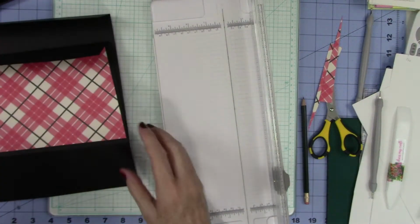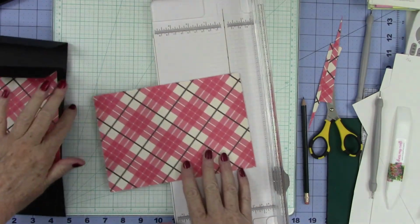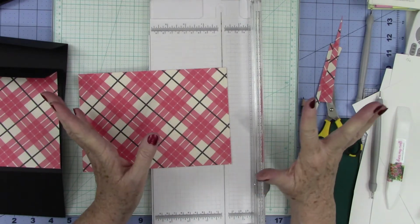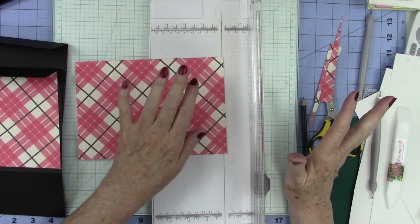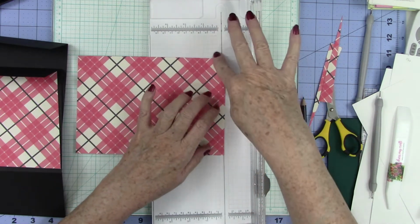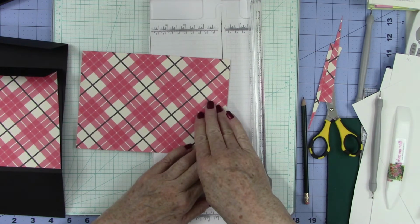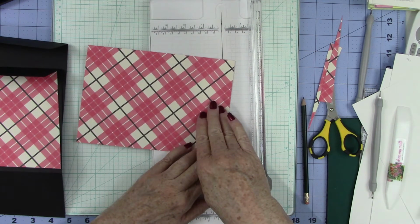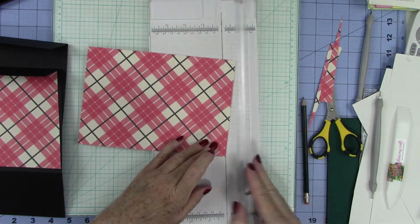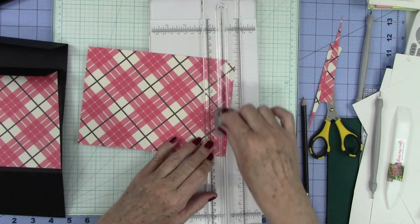So we are going to do the same thing with the next piece. We're going to put it in. The good thing about this, you get 2 tries on everything, because everything you do, you're doing it twice. So we're going to put this one in here at the bottom, and then we're going to pivot the top over to 1, 2, 3 lines, just like that. Bring that blade up, sink it in the middle, slice up and down,